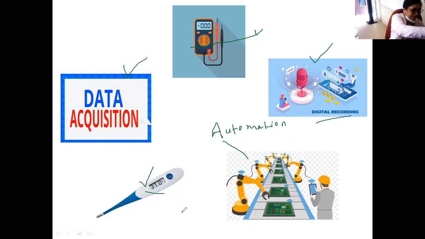So it is an example of a medical instrument. Such numerous medical instruments are there, like ECG, EEG. All these instruments are digital in nature. They produce digital output. They are connected to a computer, and therefore the analog to digital converter is